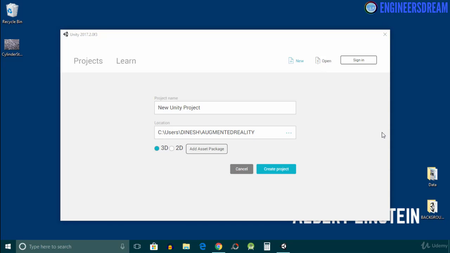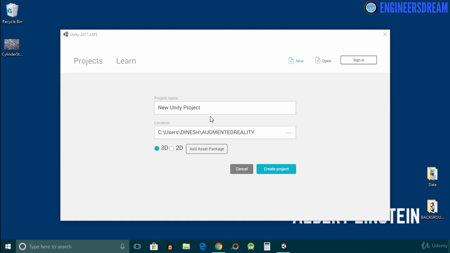We will now create a new augmented reality project called the AR Cylindrical Targets. In this AR Cylindrical Targets project, we will first create a cylindrical target database inside Vuforia, and after this we will project 3D models surrounding this cylindrical target.